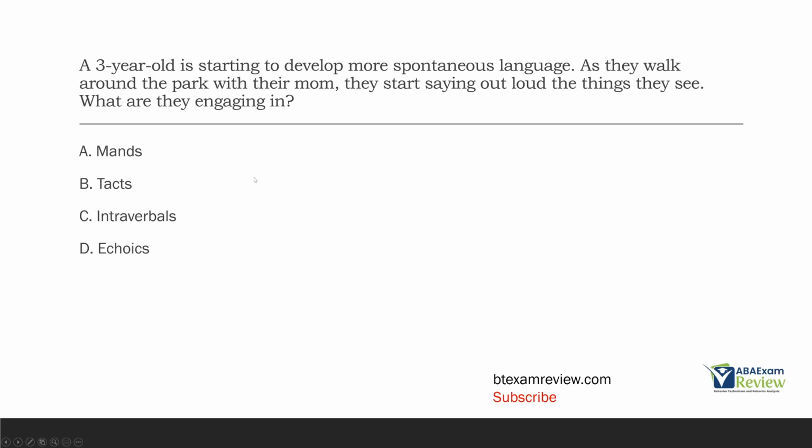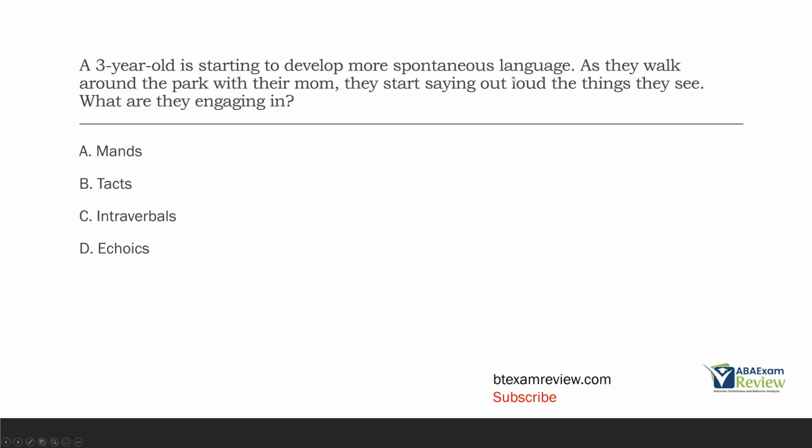Now, technically, verbal behavior is not on the task list, but as an RBT, these are the 4 verbal behaviors that you do want to know and be familiar with, okay? Because you're going to be engaging with them every day. We want to know mands, tacts, intraverbals, and echoics. So let's go over them again. Mands, they're just a request, right? The learner's making a request. Tacts, the learner is labeling. Intraverbals is just a back and forth conversation. And echoics are repeating what someone just said. And you just need to be familiar with those 4.